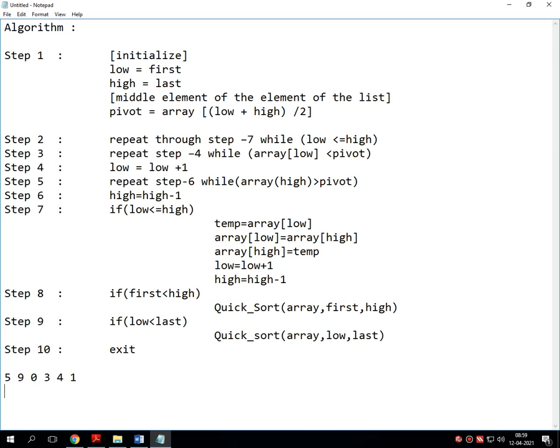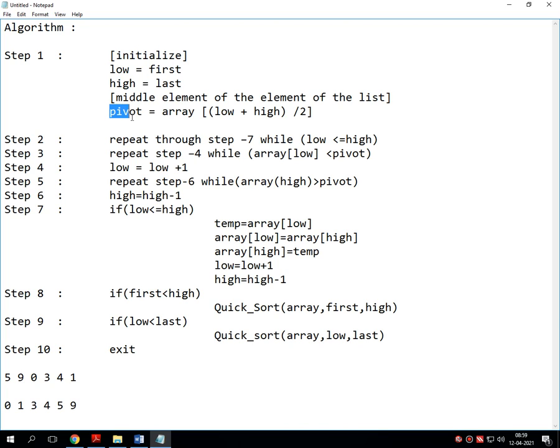If we sort this list, the output would be 0, 1, 3, 4, 5 and 9. So this 9 becomes last and this 0 becomes first. The same thing I have mentioned here: first is low and last is high.